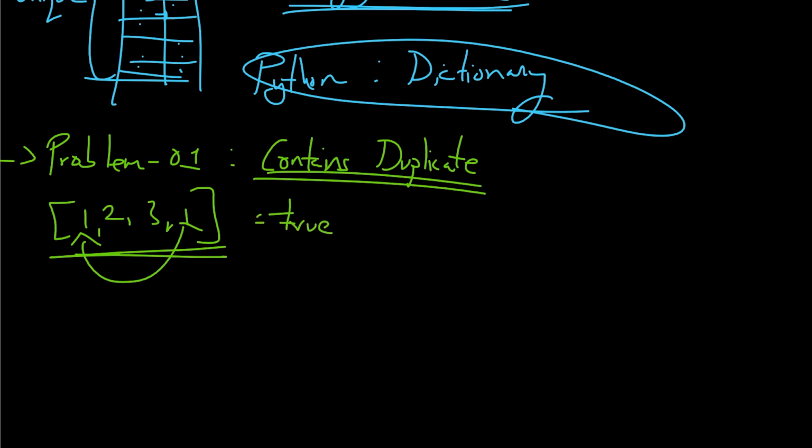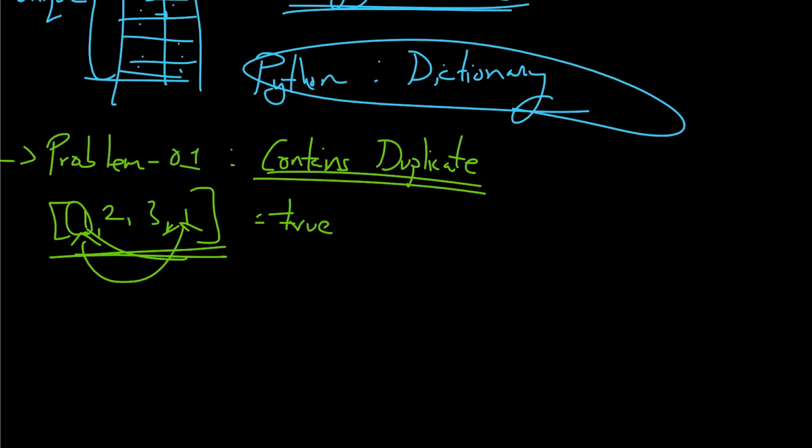Now the most casual way you can solve this is using two loops. Or you can also use 2 pointers. So you can start right from here, and if they don't match, you are going to move the right pointer. But I'll show you the hashmap solution. The way you can solve this is that you can look in the hashmap. So we are going to use these values along with their count.